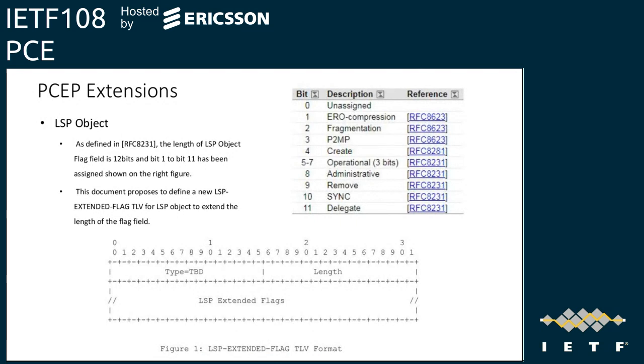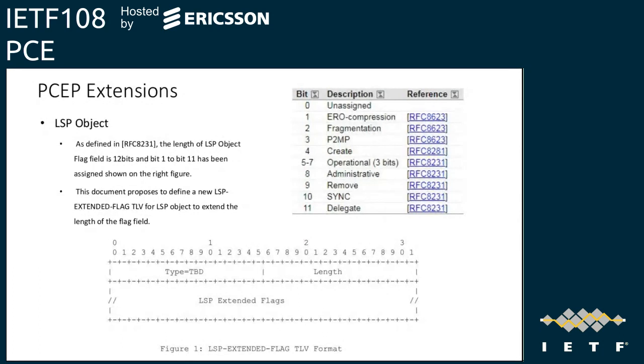So this is the PCEP extension. First, we extend the LSP object. As defined in RFC 8231, the length of the LSP object flag field is 12 bits, but bit 1 to bit 11 has been assigned, shown on the right figure. But many other drafts would like to use the flag. So this draft proposes to define a new LSP extended flag TLV for the LSP object. Like the figure shows,